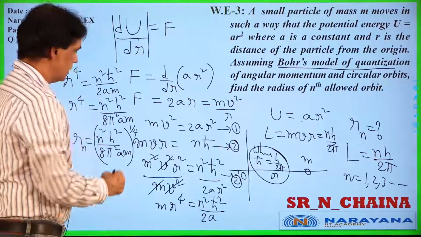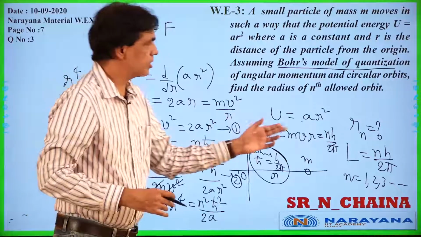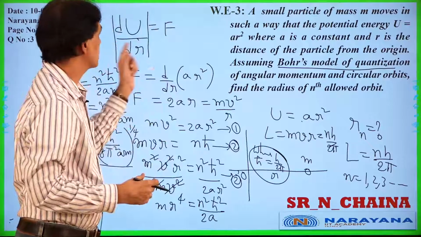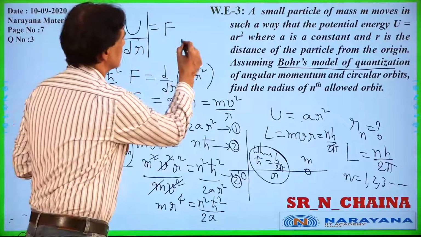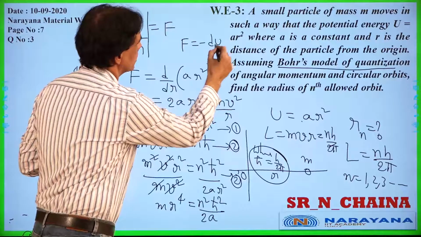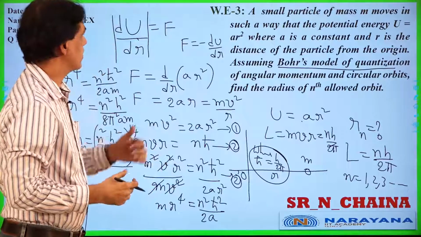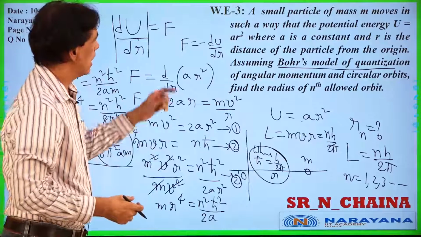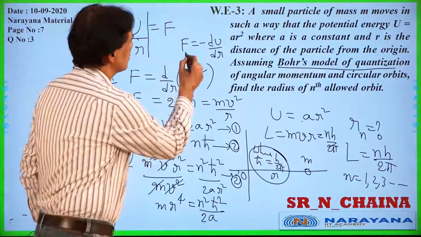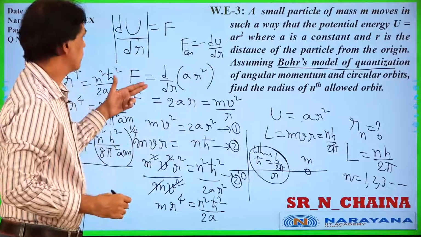Okay. So that's all. Hope it is clear. So whenever potential energy is given, then you should use this relation, force equal to du by dr, magnitude. Our actual relation is F equal to minus du by dr, but as the negative sign is of no importance here, I took the magnitude. Basically, this negative sign indicates that the force is attractive and it is a conservative force. This is the relation between conservative force and potential energy. Using this, we'll find out force.